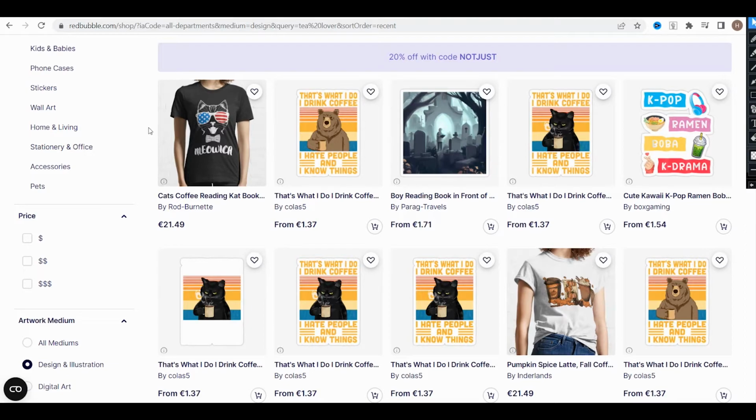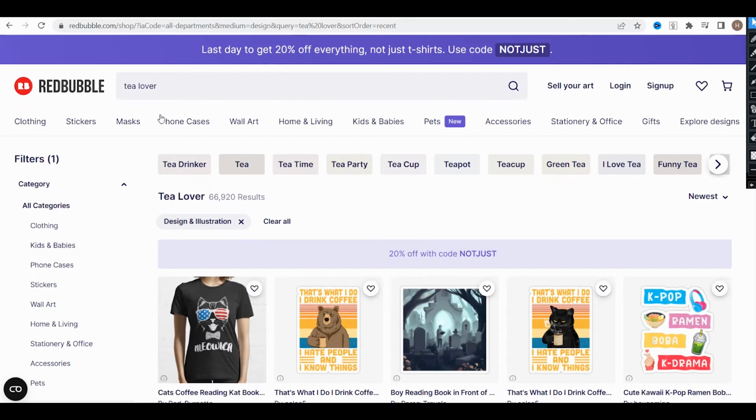From one side, this kind of niches, sub-niches, can be without high competition, but we also need to understand the target audience of Redbubble and TeePublic.